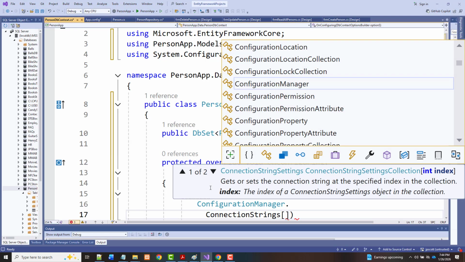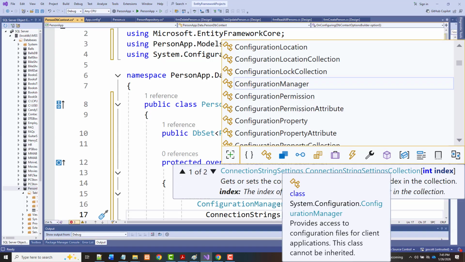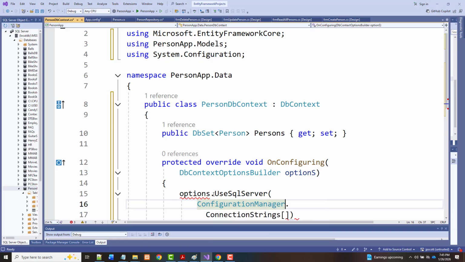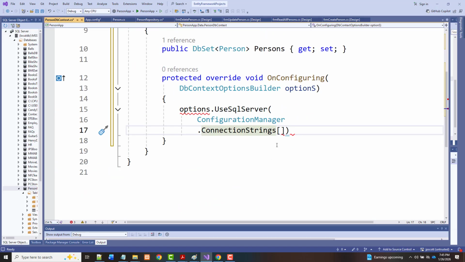And we need the name of our database, which I think we said we were going to be calling,